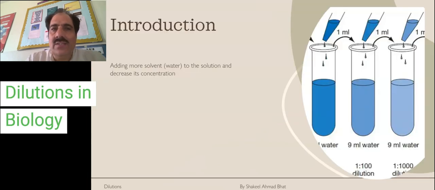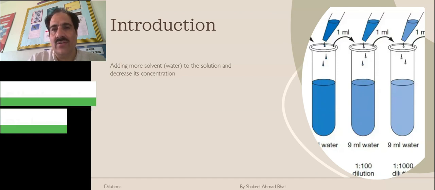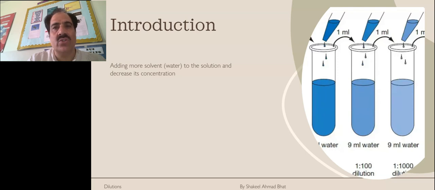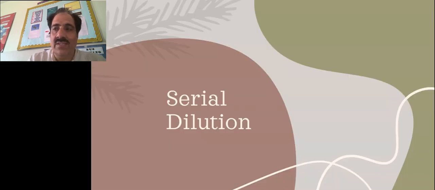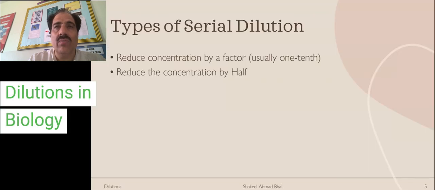Dilution is nothing but adding more solvent to the solution and decreasing its concentration. We can never increase the concentration. We are always asked to reduce the concentration, and the concentration is reduced by adding water to the solution. Now we have dilutions of two types. One is the serial dilution, in which we decrease the concentration of the solution by a certain factor